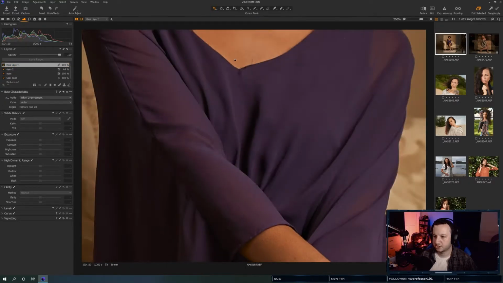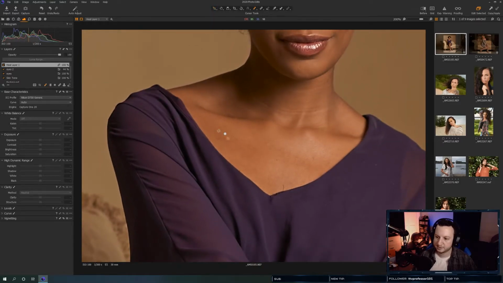Alright, so what this should do, I should just be able to brush. Nope. Heal layer. Okay, how does this work? Why can't I figure this out? Draw healing mask. Okay, there we go. So this functions just like Lightroom's little clone thingy.